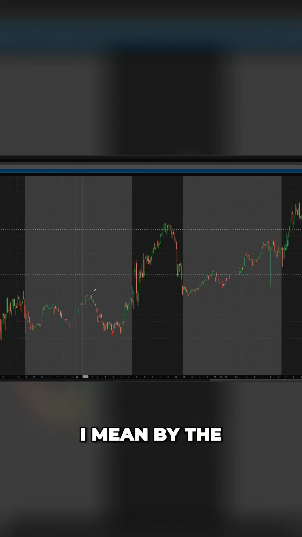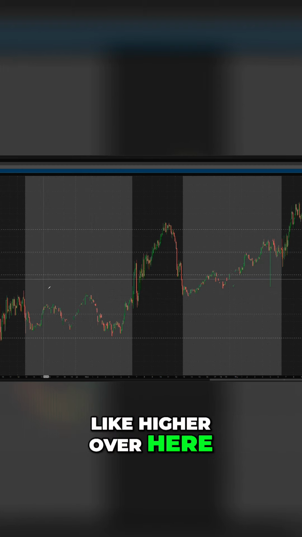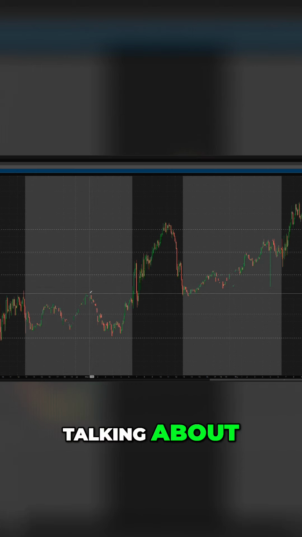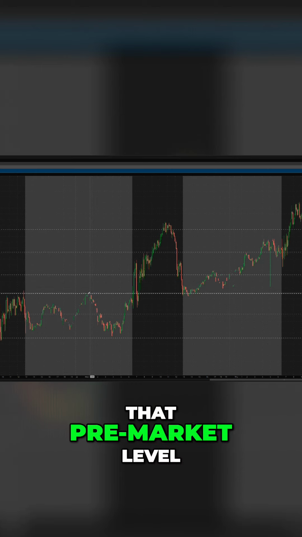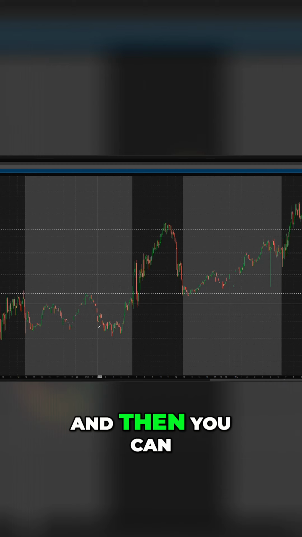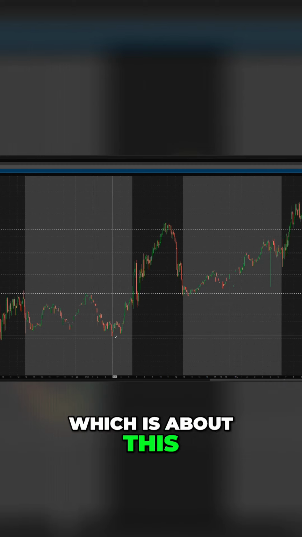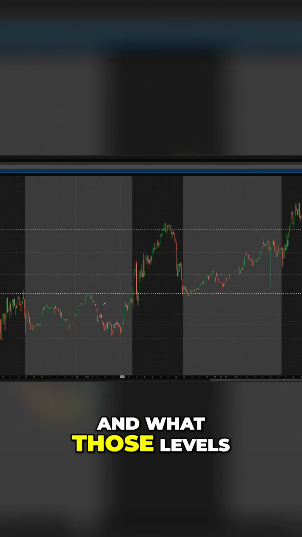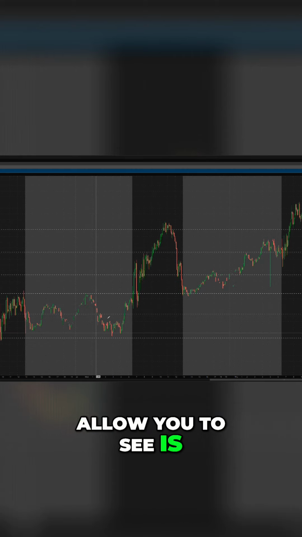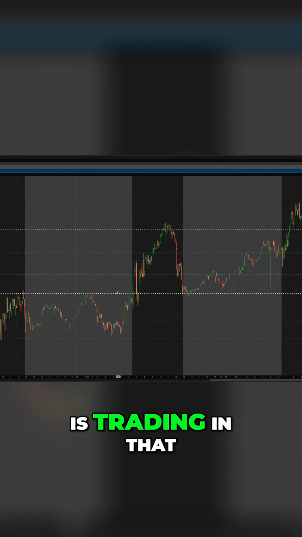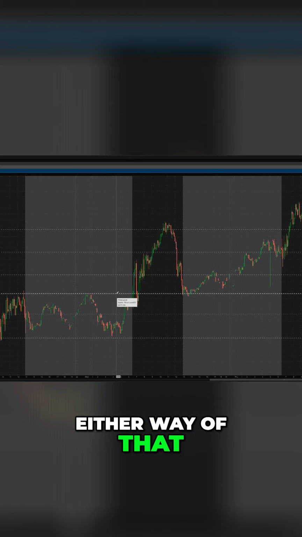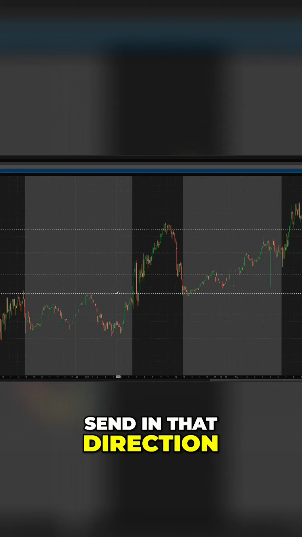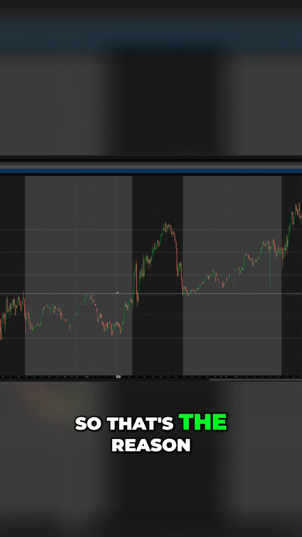So this is what I mean by the pre-market high. If in case it was higher over here, this would be the one I would be talking about. So I just marked that pre-market level, and then you can mark pre-market lows too, which is about this level right here. And what those levels allow you to see is, when a stock usually is trading in that range pre-market, and then it breaks either way of that pre-market high or that pre-market low, it tends to usually send in that direction for a while. So that's the reason behind